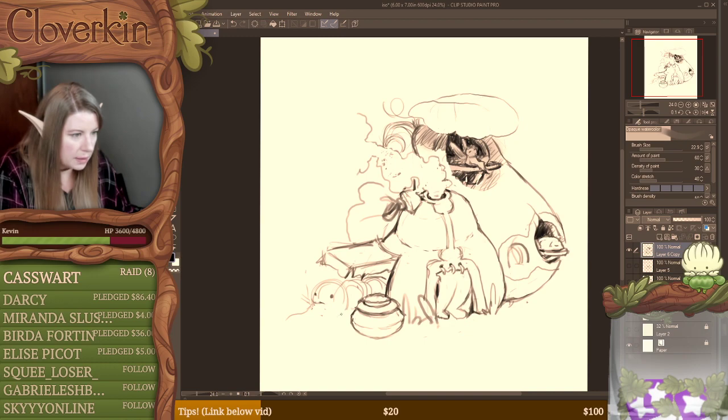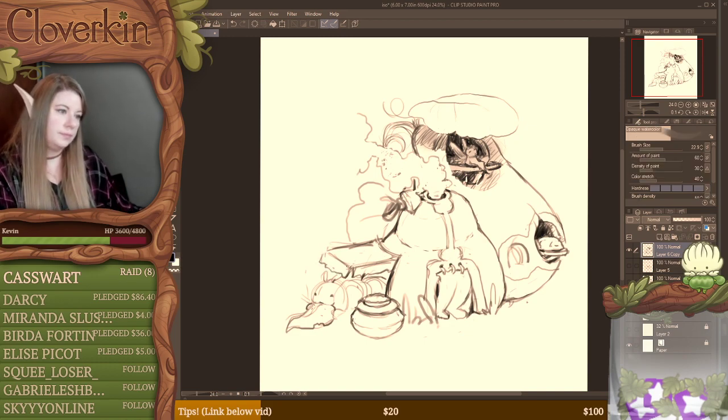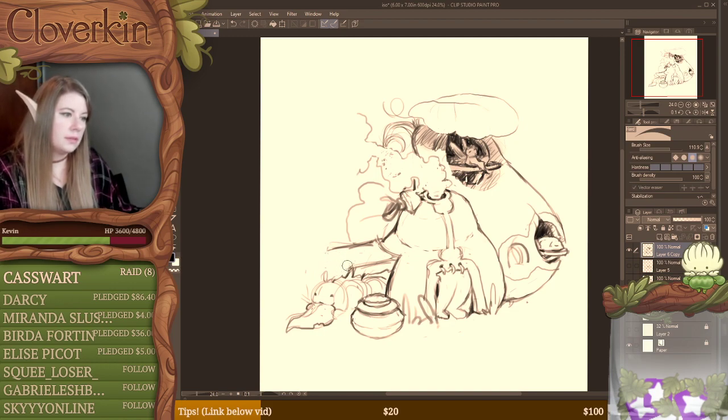Caterpillars have little nubbin hands, so I've gotta figure out how to get their nubbins in there. Bunny pillars. Maybe this will be just...